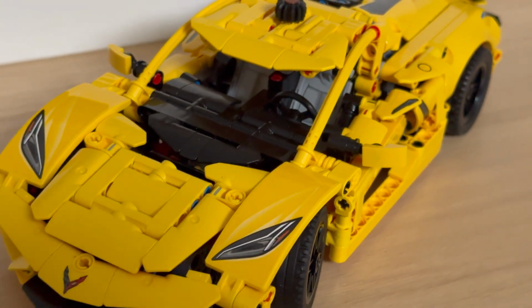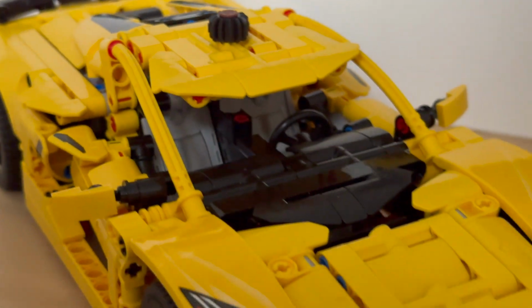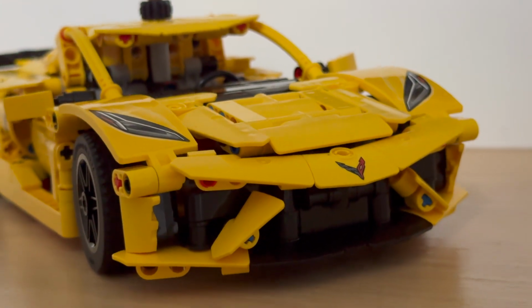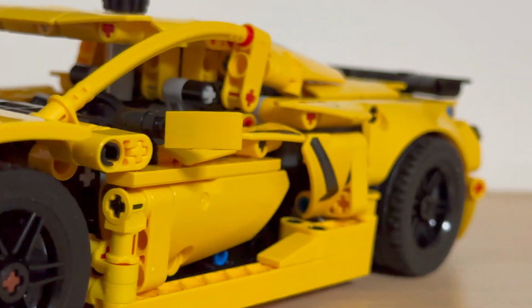It does debut a few new panels in yellow, particularly some of the smaller panels and some of the angled panels, and those are always good for building your own Technic or Bionicle creations, so I definitely cannot complain about that. Moving on from this car though, I think it's time to talk about the final set of the Wave,